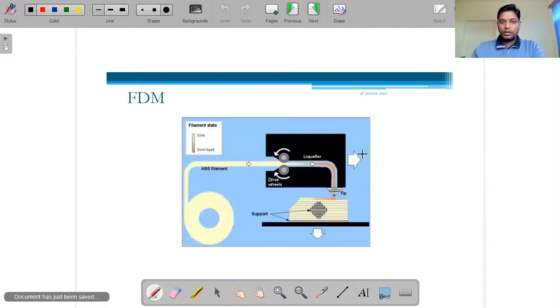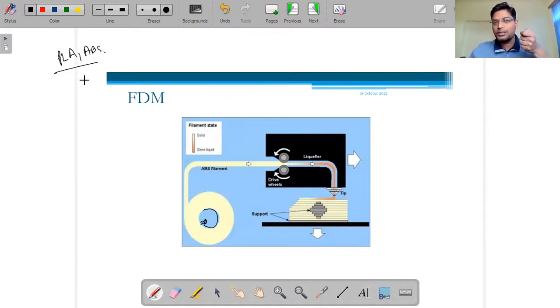Fine. So if you see it in detail, this is basically the roller we have, on which we are fixing the filament. That filament is of PLA material, or ABS material, or PVA material. This filament is available with a circular cross section, and it is rolled over the roller. When this material extrusion process was started, the filament was available at 2.75 mm in diameter.